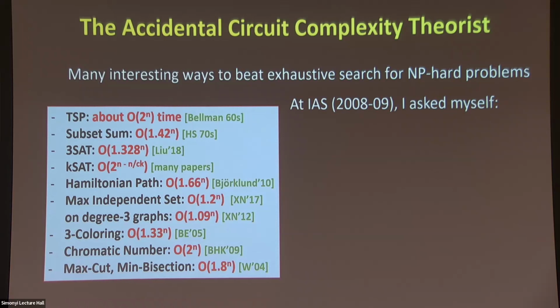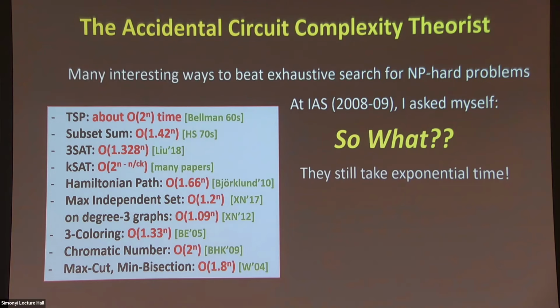So at IIS, when I was a postdoc, I was very interested in these kind of questions, like solving KSAT faster, solving, say, Hamiltonian path or maximum independent set faster. But it was very hard to get other people interested in it. And this really made me wonder, and maybe some of you have been wondering, so what? Right? They still take exponential time, right? If I improve 2 to the n into 1.9 to the n in time, maybe I improve the length of the things I can solve by some constant factor. But,